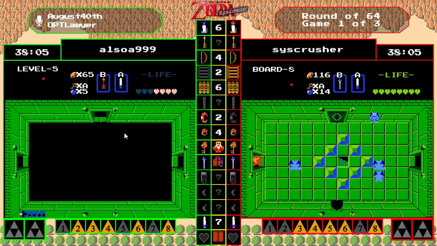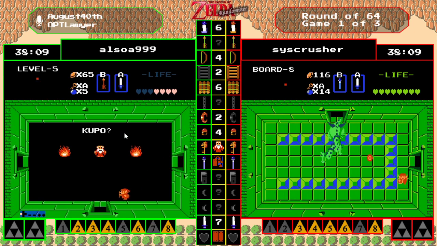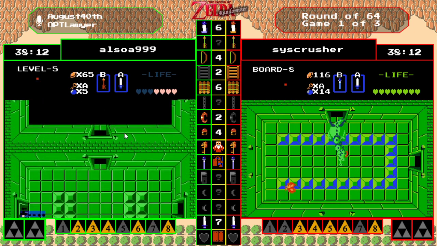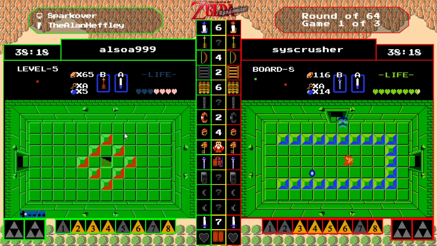That brings him up to 8 total. We need a minimum of 10, maximum of 14 hearts for that magical sword. And Syscrusher will need to go back over to level 2. We don't believe he grabbed the Triforce out of there. Yeah, it looks like Chad was saying he didn't either, so...